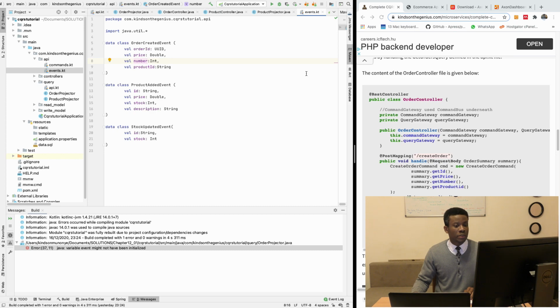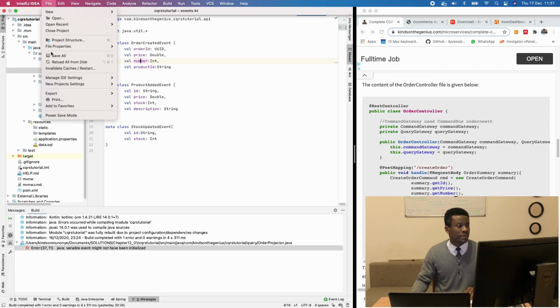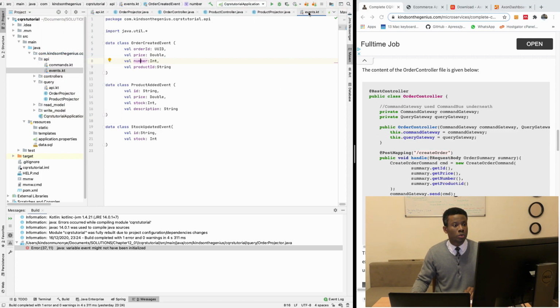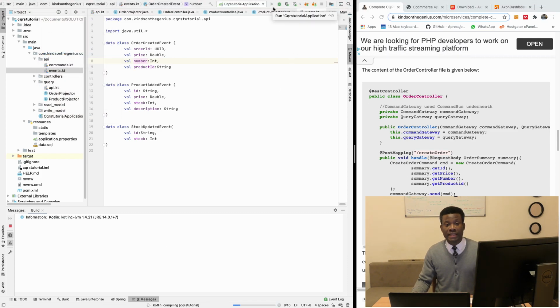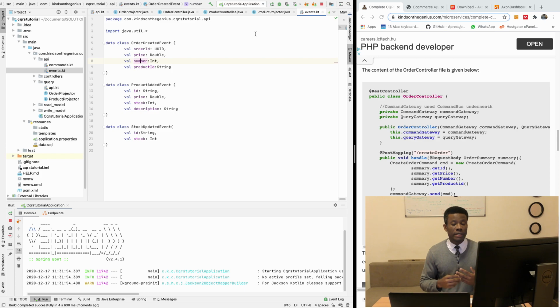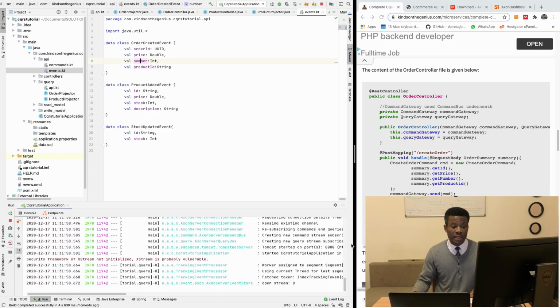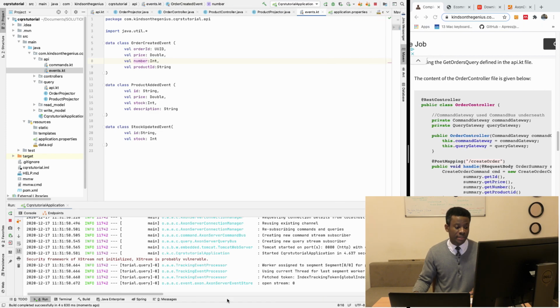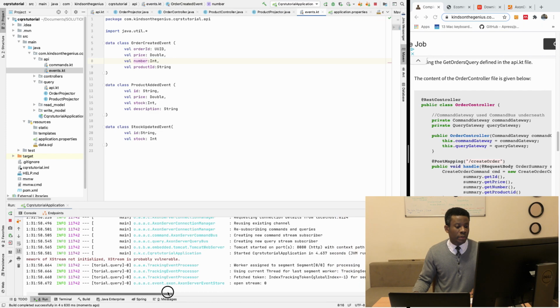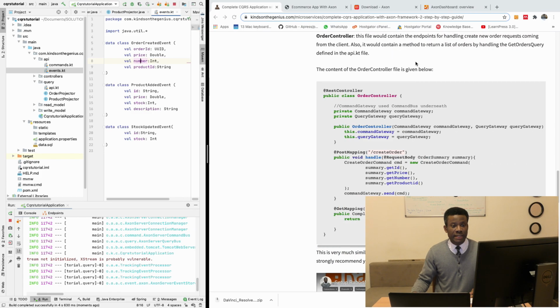So the next thing we want to do now is to test run again, because that was why we came here. So I'm going to save all and I'm going to rerun this application and let's see what we have. So if it works, we now know that the API is done. Of course, the API simply does not give us a UI. So basically an API where we have a list of items as JSON. So right now it starts on port 8080. So we are going to browse on port 8080, but I'm going to show you something first before I browse